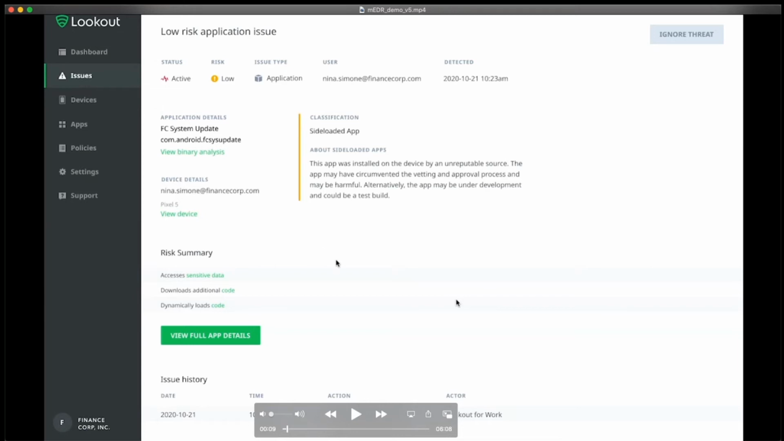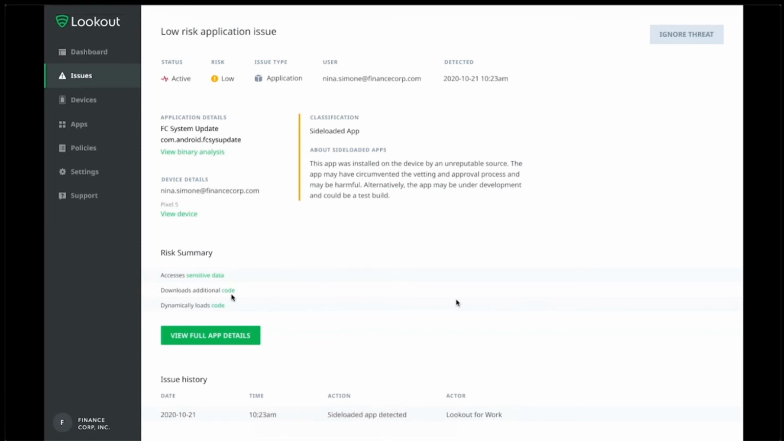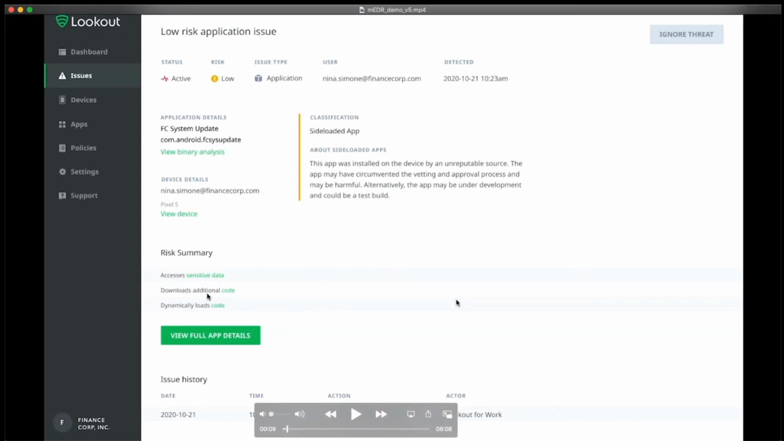But what we are able to offer with the mobile EDR piece is a deeper analysis and also research and investigation capabilities. So we can already see that the app itself downloads additional code, which could be harmful, because the app itself is not harmful, but after the app has been installed, it will then download silently code which can be harmful or malicious. And with our new mobile EDR feature, we can now dig into this. If we click on